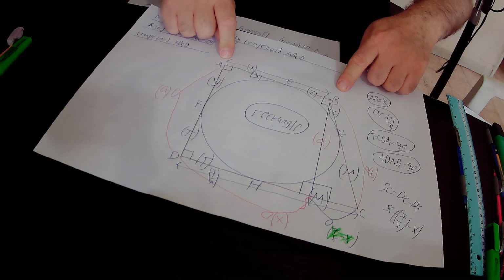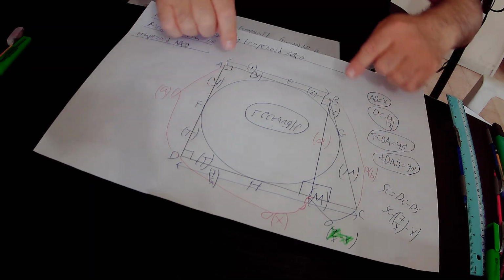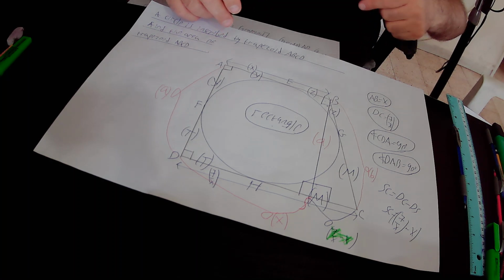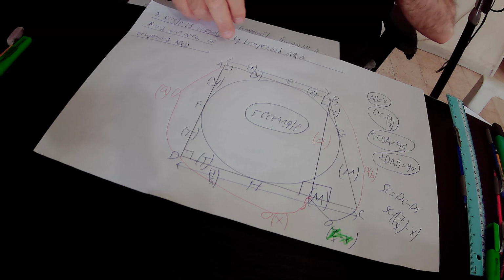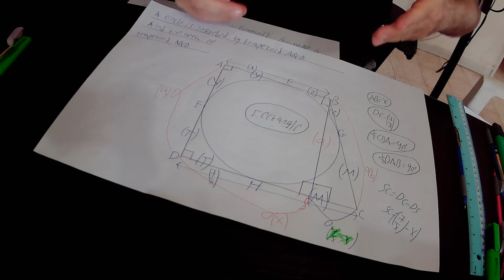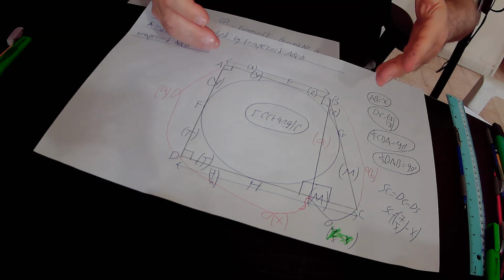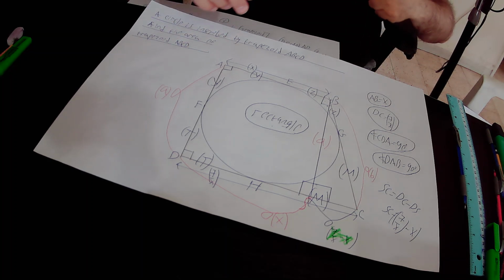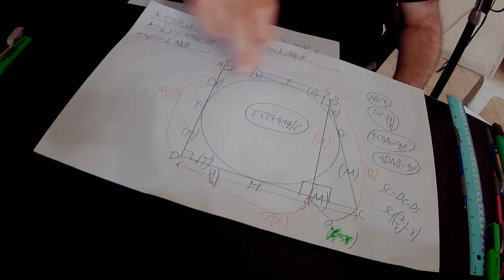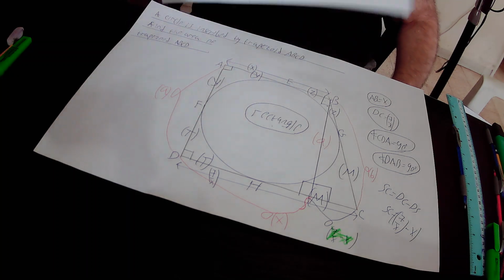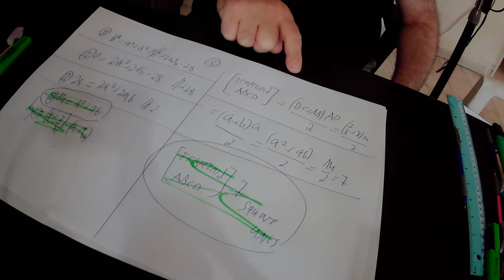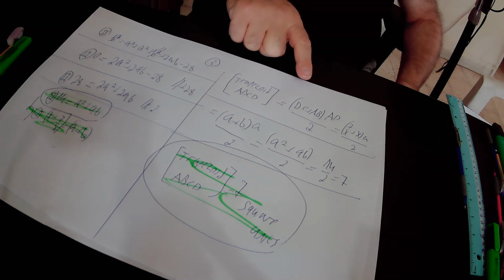So if we found out that DC is parallel to AB, therefore the two bases, the two parallel sides in trapezoid ABCD are DC and AB, and therefore DC and AB are the bases of this trapezoid ABCD, and therefore the sum of the two bases is AB plus DC, or DC plus AB. Again, the sum of the two bases of trapezoid ABCD equals DC plus AB, because DC is parallel to AB,